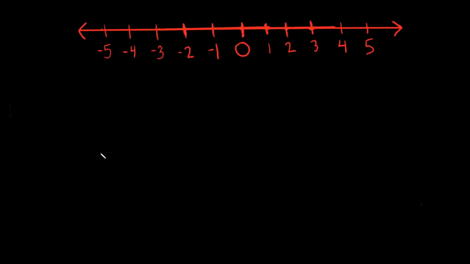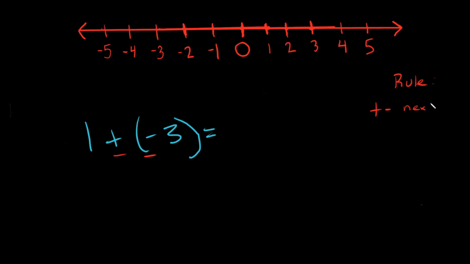So if I gave you 1 plus -3. Well, this kind of looks weird, right? Because we have a plus and a minus right next to each other. So we got a plus and a minus next to each other. So I'm going to give you another rule that you need to write down or memorize. So when you got a plus and a minus next to each other,